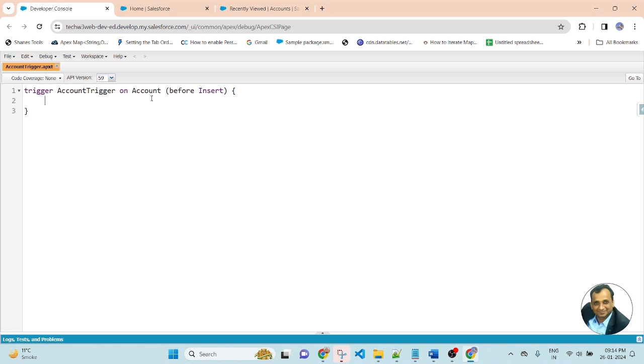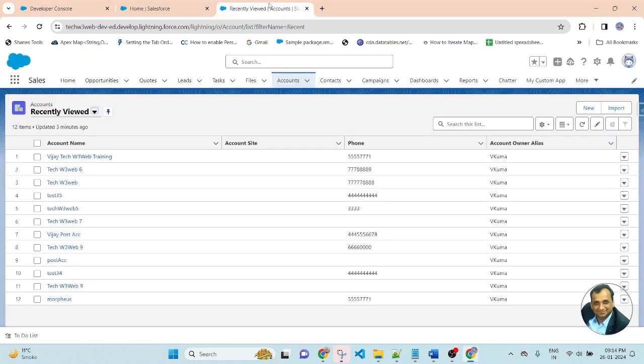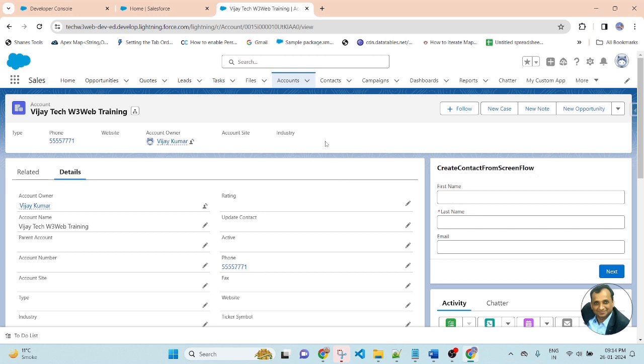So before writing the business logic, let me explain the exact scenario. Go to the object. This is the account object. Let me open one record of account, the first record, Vijay Take Training. Here you will get the down arrow button. Click here, then you will get the delete option.